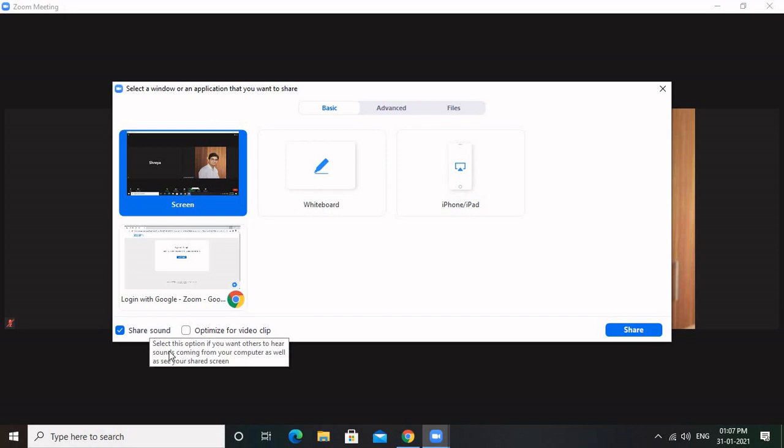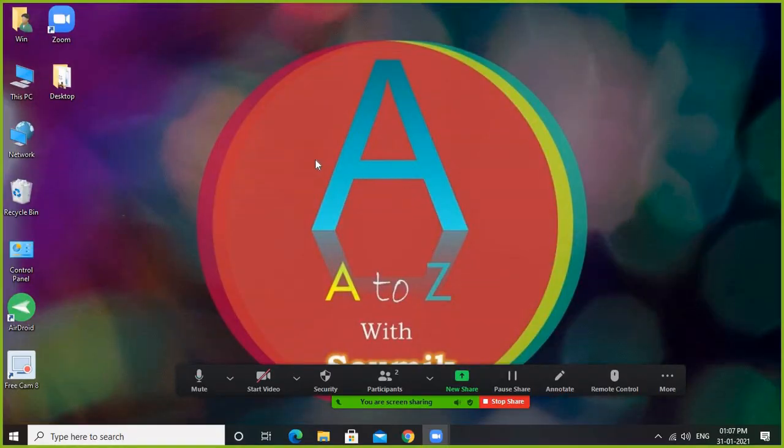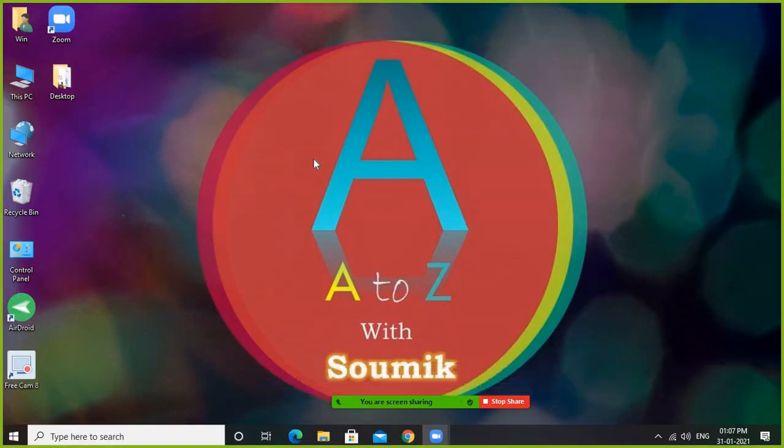So this option must be ticked, share sound. So whatever your computer sound is, it will also be heard by the students. Okay, so click on the share option. Now my computer sound is also heard by the students. Okay, it is audible. Correct.